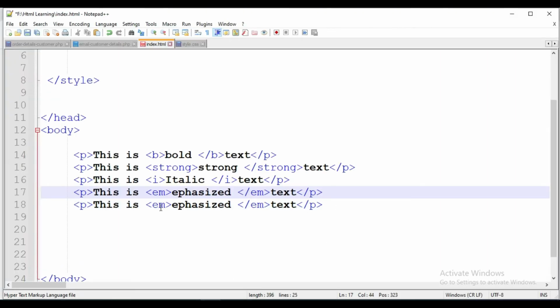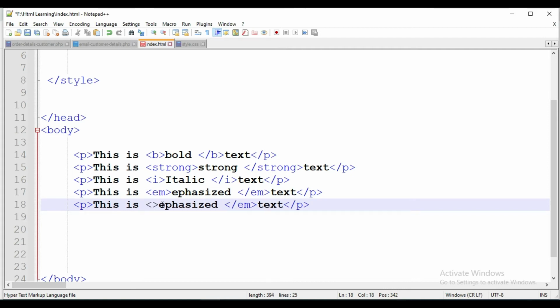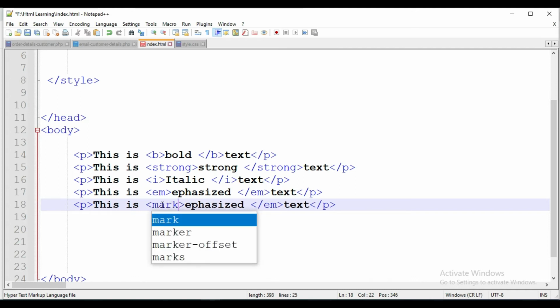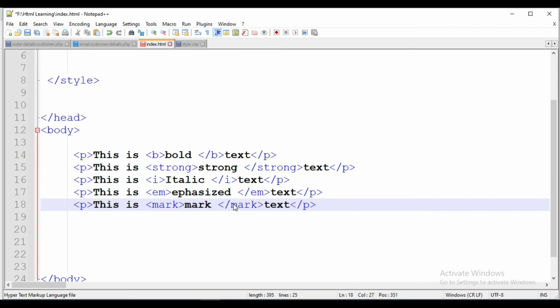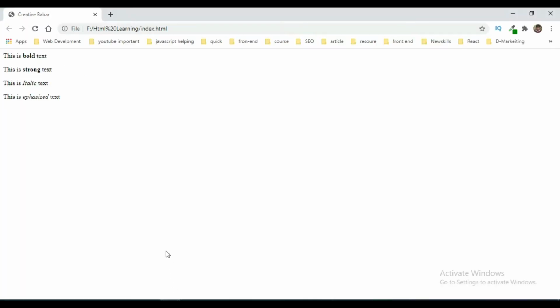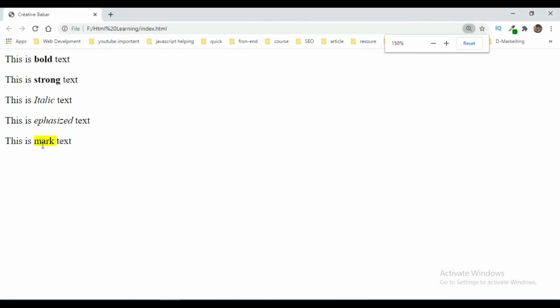Next one we have the mark tag. The mark tag is used to highlight some text. Here I also use mark. So you see the text between the mark tag has a yellow background.